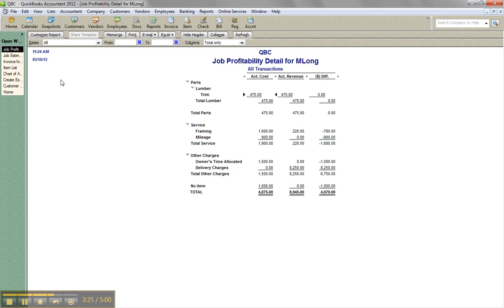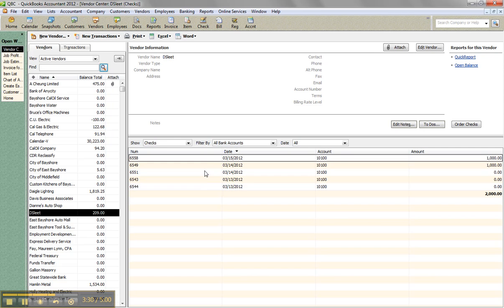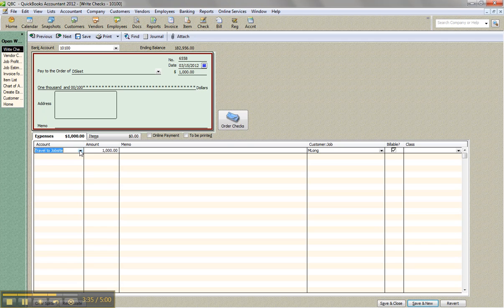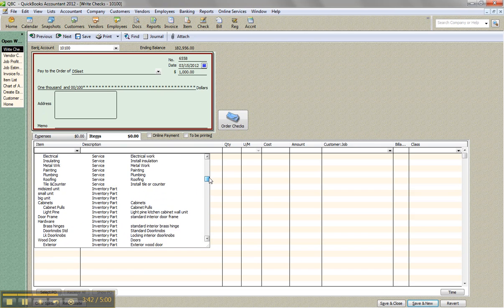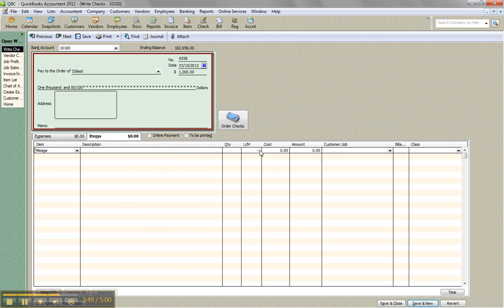Maybe I could do that if I go find Doug here really quick so you guys can see it. And let's say I have this check for $1,000. Instead of using this, I would just delete this and change it to an item and actually look for the travel to site item, which could either be a service or a non-inventory part. I think in this case I did mileage. It's going to hit that same account. And I can put an amount of $1,000, and then assign it to the job. When you click Save and Close,